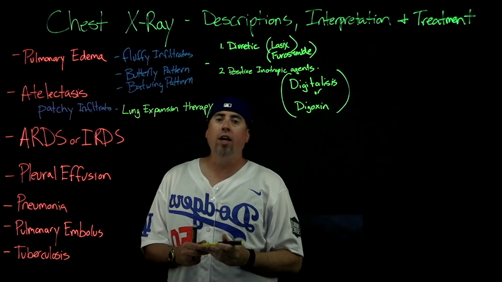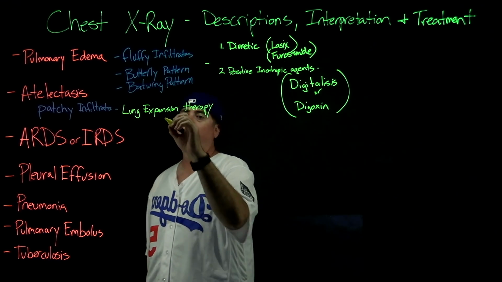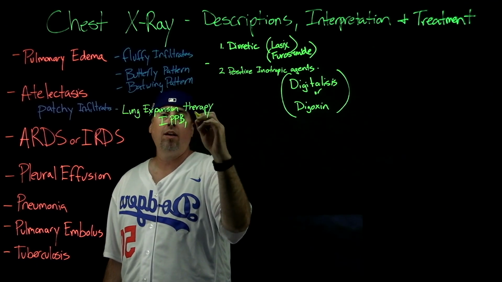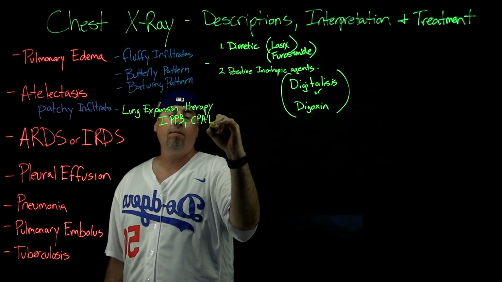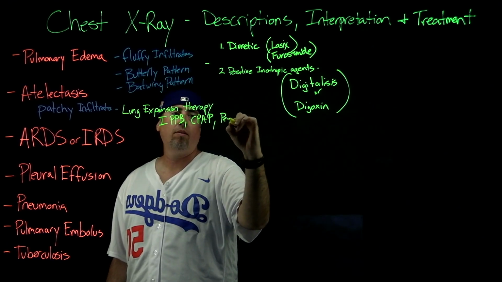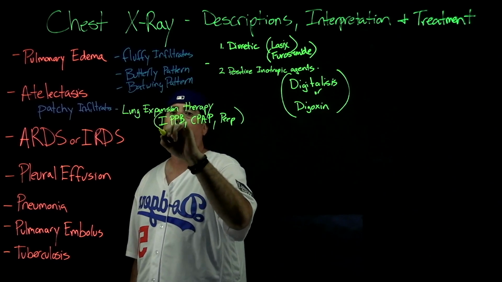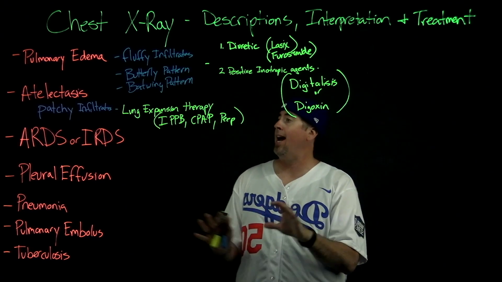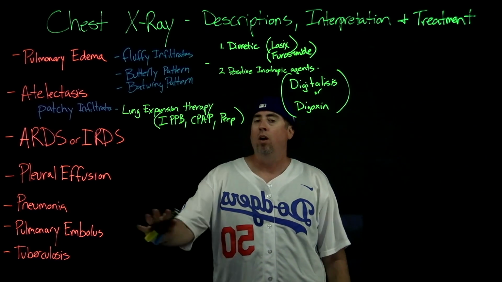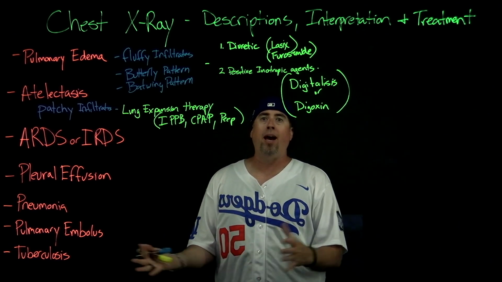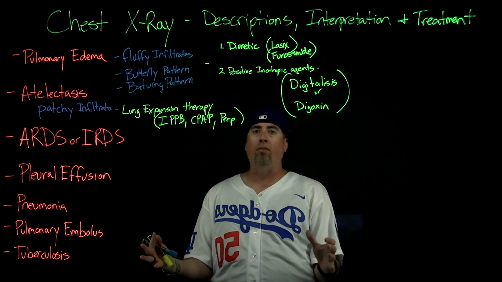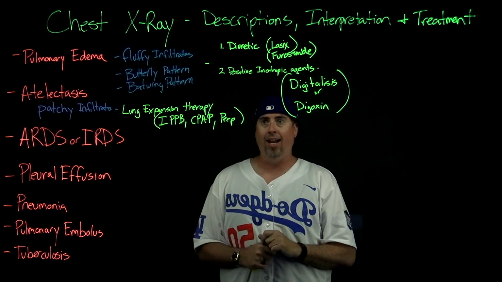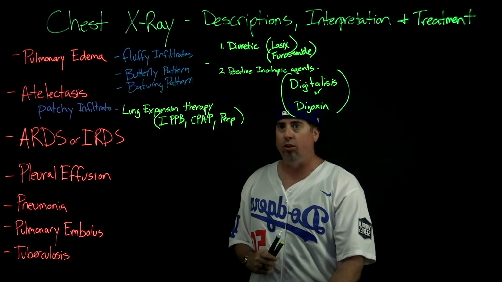Okay? Lung expansion therapy. And when we say that, what are we talking about? IPPB, CPAP, and PEEP. That's our lung expansion therapy. When we have atelectasis or we see patchy infiltrates written down, we need to give PEEP, CPAP, IPPB, some type of lung expansion therapy. All right? That's atelectasis. Now we do move down to